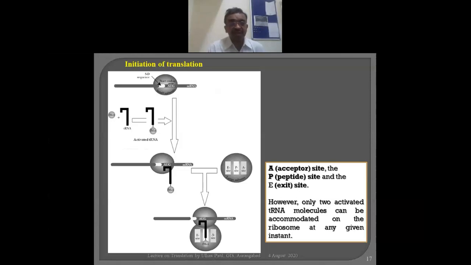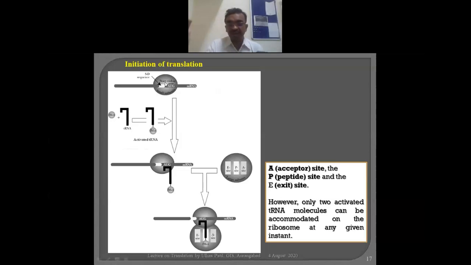In the initiation, what happens? There should first be an assembly of an mRNA and a small subunit of a ribosome. So in the initial stages these are coupled. But how do these two things get assembled? Don't expect that the ribosomes are always ready. Whenever protein synthesis is required, then the ribosome molecule is aggregated from the small unit and large unit. Otherwise, everything is available in a diffuse state. Diffuse state means the small unit is diffused, the large unit is diffused, and mRNAs are diffused.